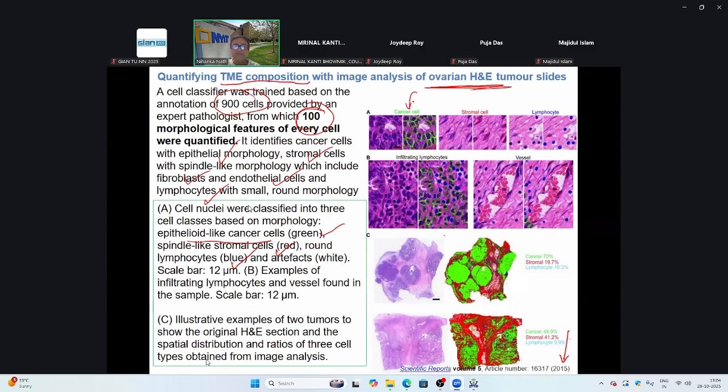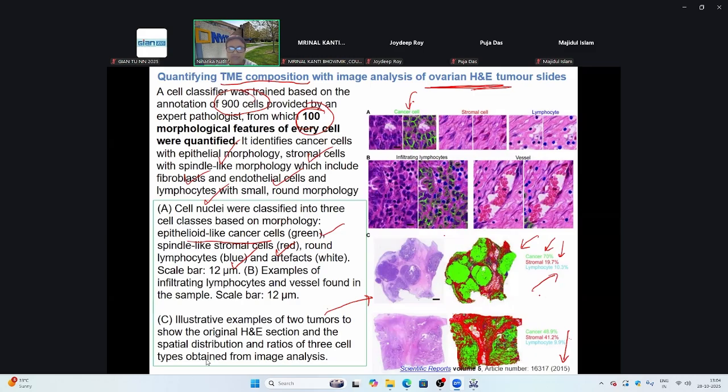And so this is just, I think they did the validation work basically on these kinds of tumors. That validation work was on the tumors, where they stained them, and then they matched it up with what they got. And so this is really staining, and what is it called? The spatial distribution is shown here, and cancer cells are 70%, stromal are 19%, and 10% are